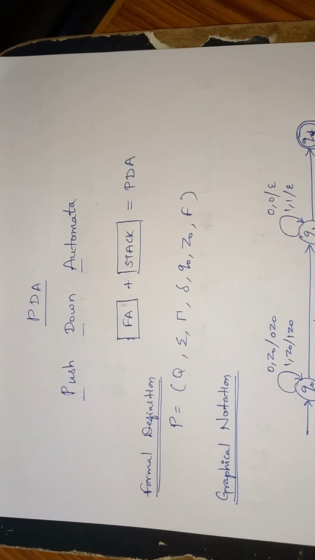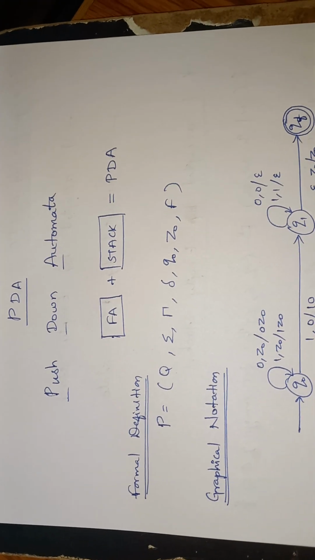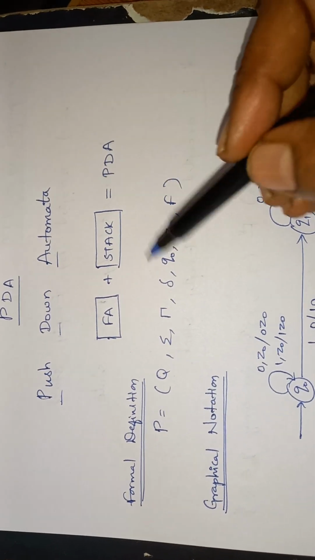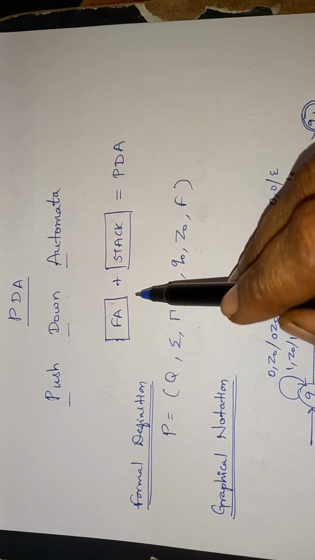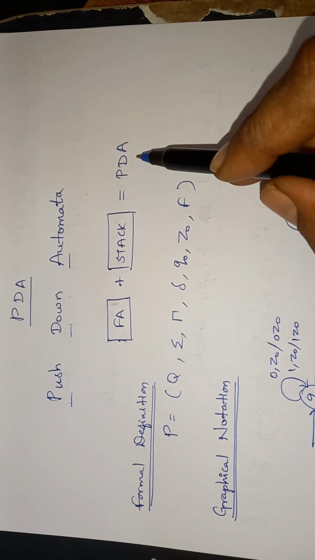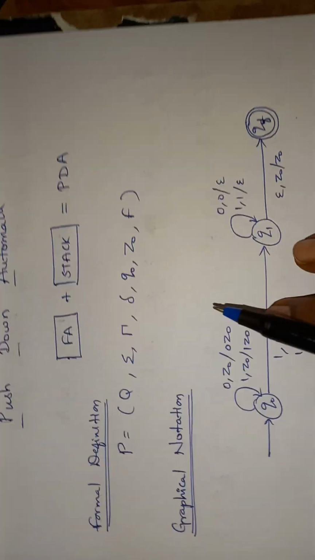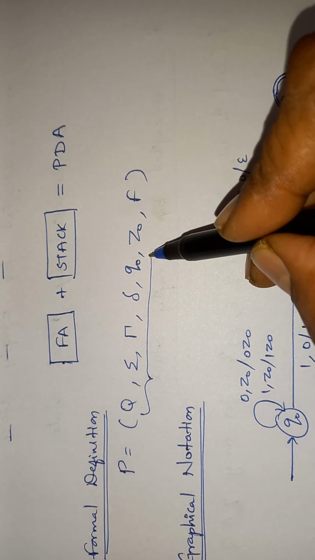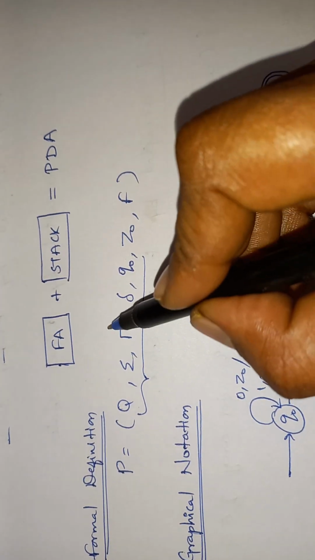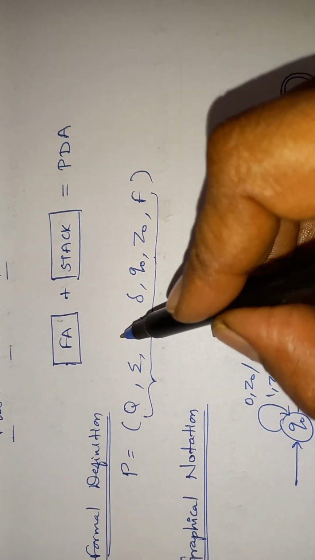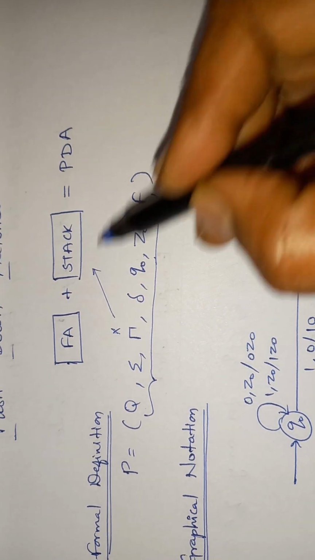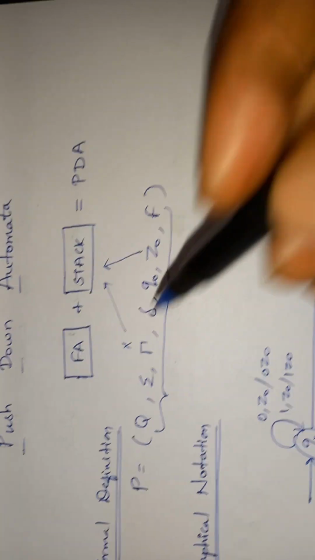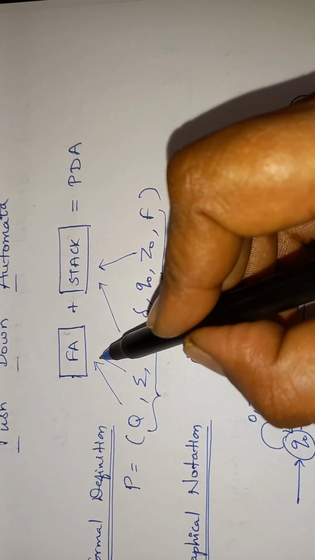So we are going to see push down automata basics in this video. So PDA, push down automata, is informally defined as a finite automata plus stack is equal to a PDA, right? Now the formal definition has 7 components. Of these, 2 belong to the stack. Apart from that, the other 5 belong to the finite automata,